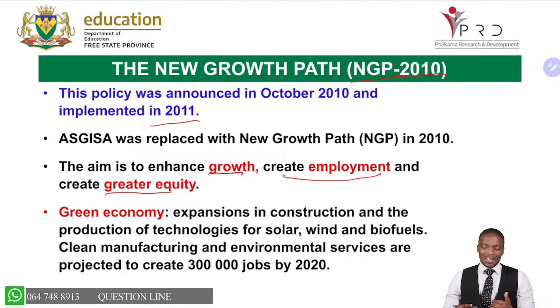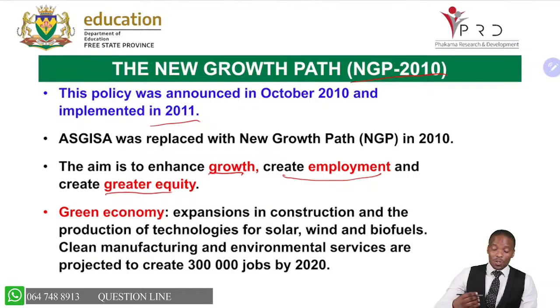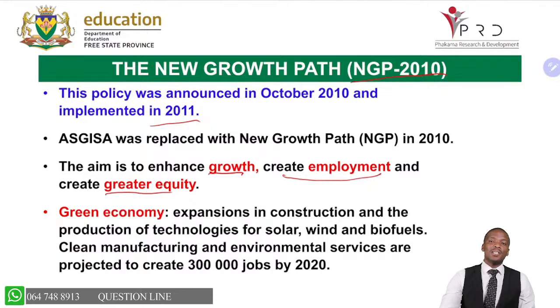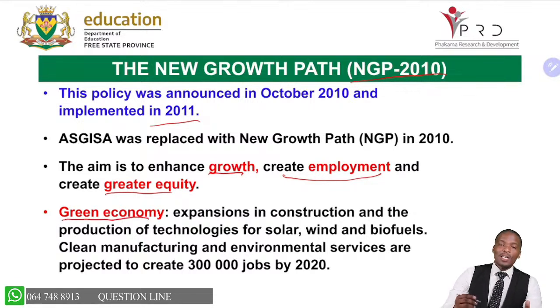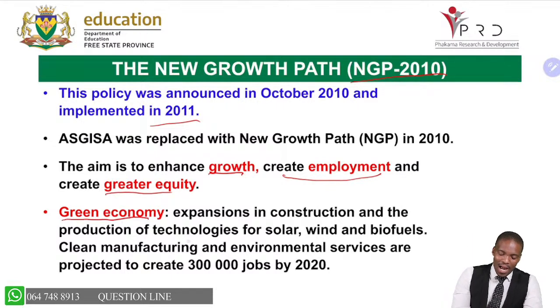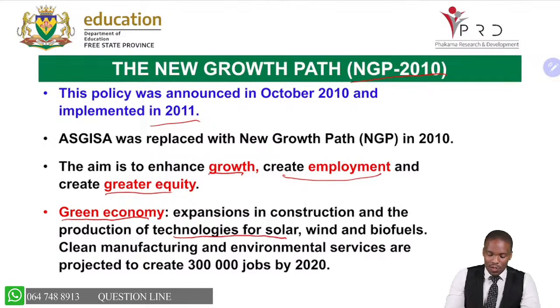equity. So these policies, hence I said that if you were asked to evaluate any of these policies, but you don't mention the issue of employment and equity in them, it means that you would have not achieved the evaluation part. It was also saying they need to promote green economy. The green economy is an economy where we use less substances that are harmful to the environment. We move away from coal, we move away from burning of fossil fuels, but we apply technologies such as the solar, the wind, the biofuels, the hydro